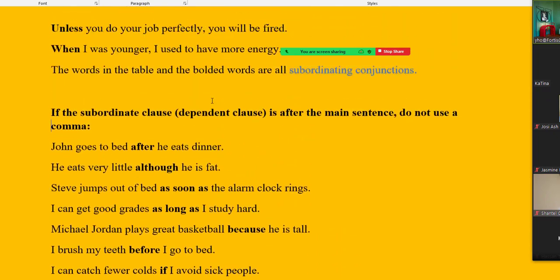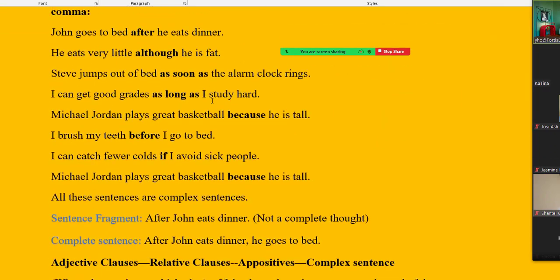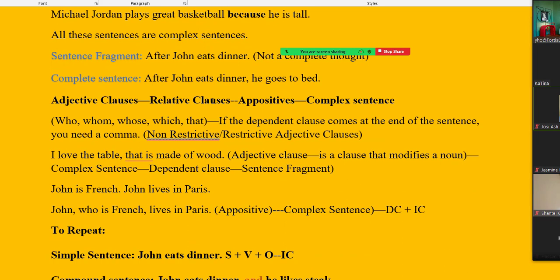So does everyone understand it so far? No questions? Okay. Now when you have things like who, whom, whose, which, that, then all of the rules you just learned so far go out the window. You have to learn a new set of rules. So when who, whom, whose, which, that are at the beginning of the sentence, you have 2 commas. When who, whose, which, that is at the end of the sentence, you have 1 comma, right? So that's why it's different.